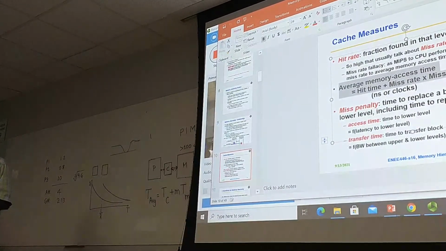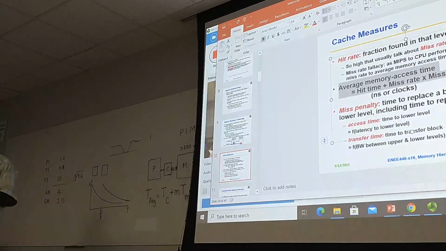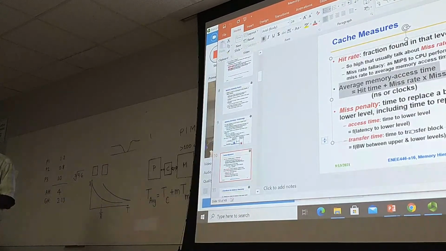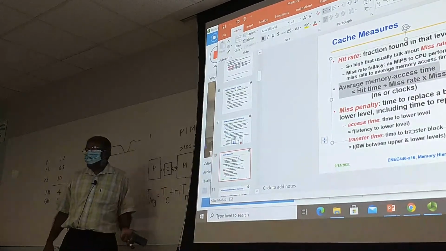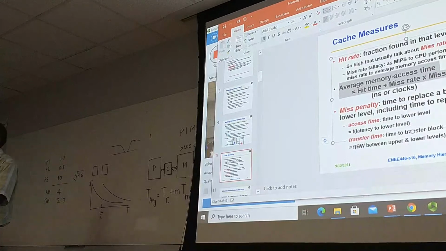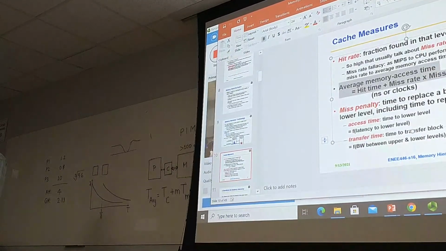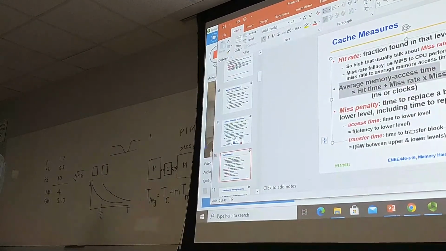For many years now, both processors and cache memories have advanced. So this equation is not really helpful for calculating the average memory access time,